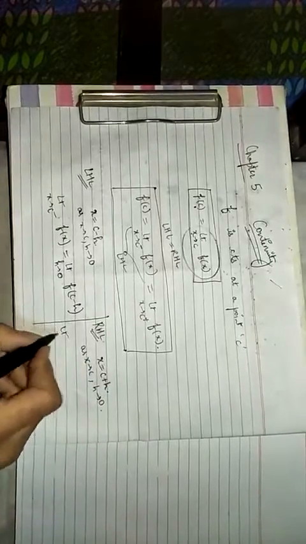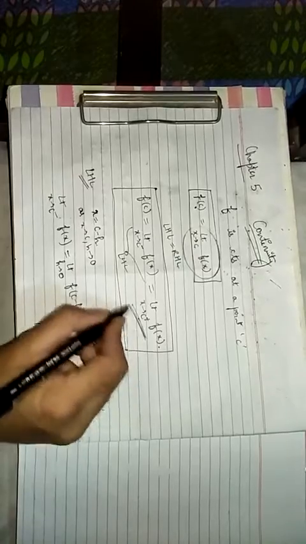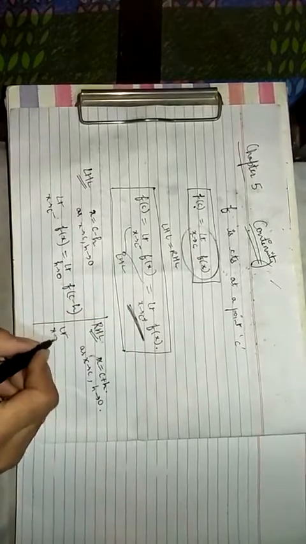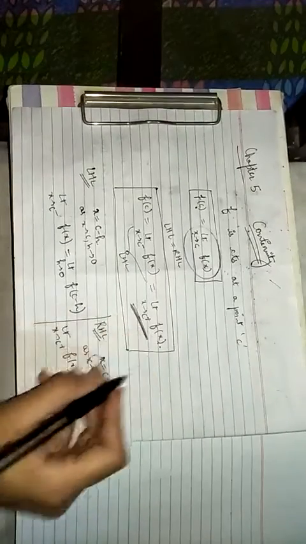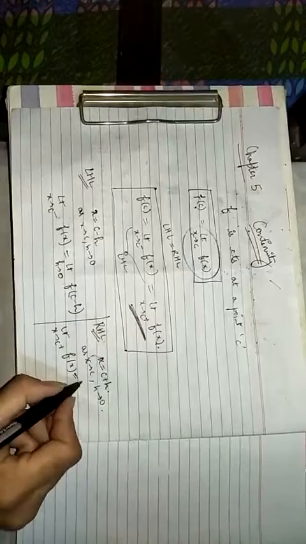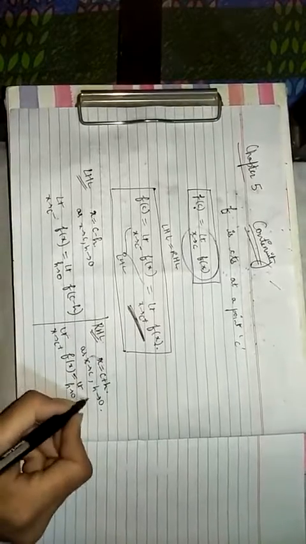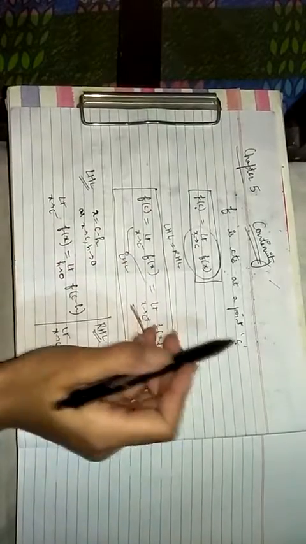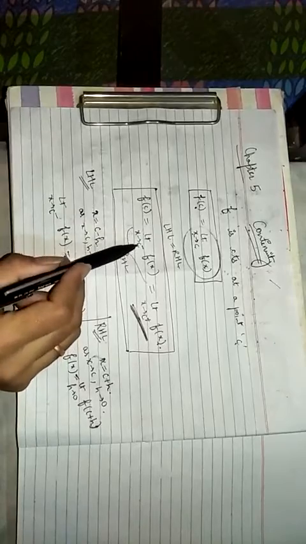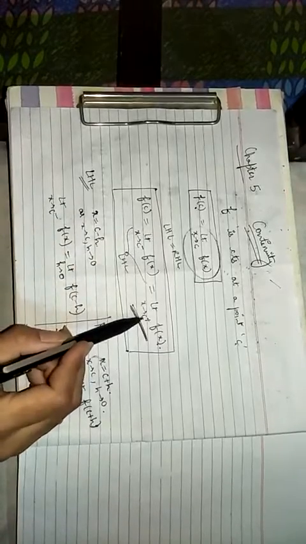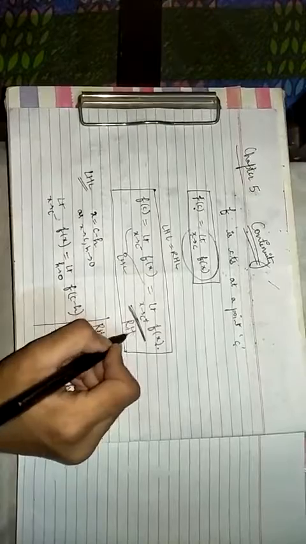So we can either find this value directly, or in some cases when it is difficult to find this value directly because of non-existence of f of x, then we can use this formula f of C plus h. So overall we can say that a given function f is said to be continuous at a point C when f of C is equal to the left hand limit as x tends to C, equal to the right hand limit as x tends to C.